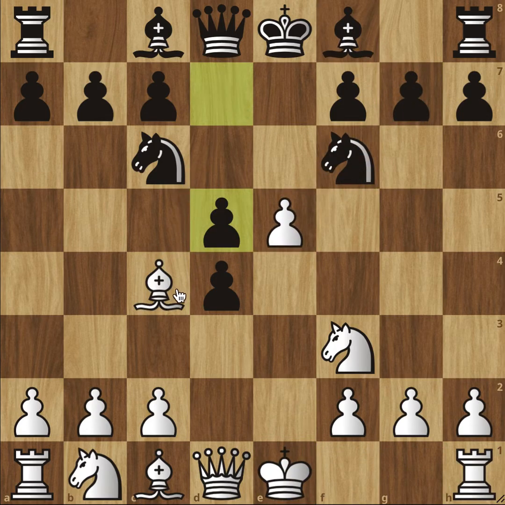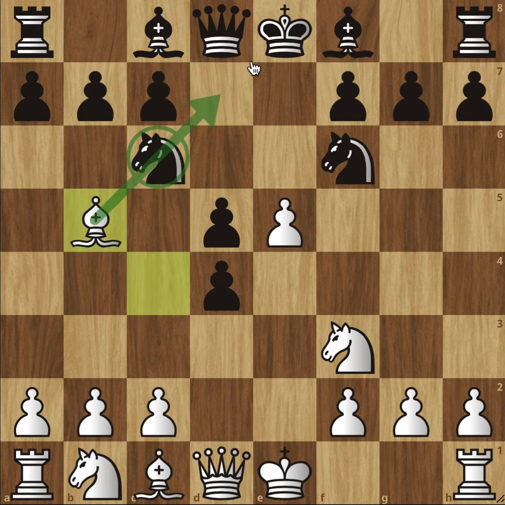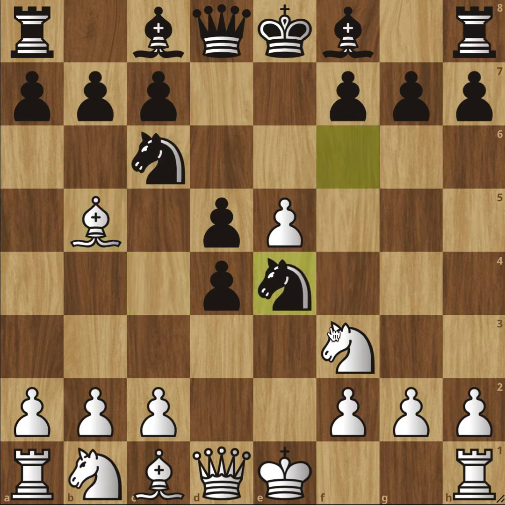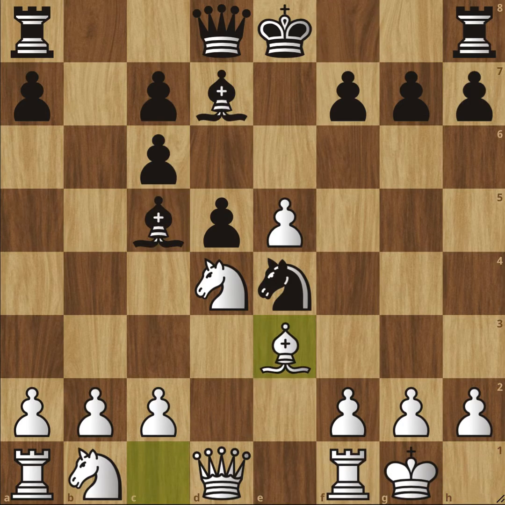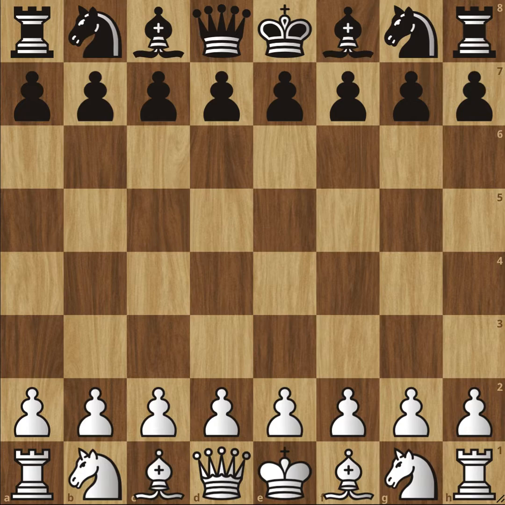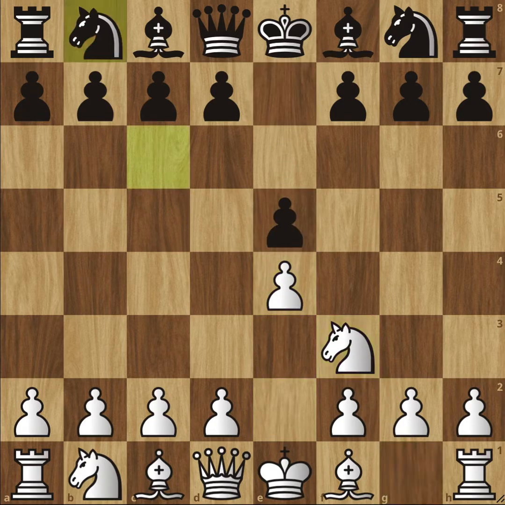I would rather recommend playing bishop b5, pinning the knight to the king, and now the knight would move, and we would have a very normal position here. Okay, next on our list is the four knights opening: e4, e5, knight f3, knight c6,